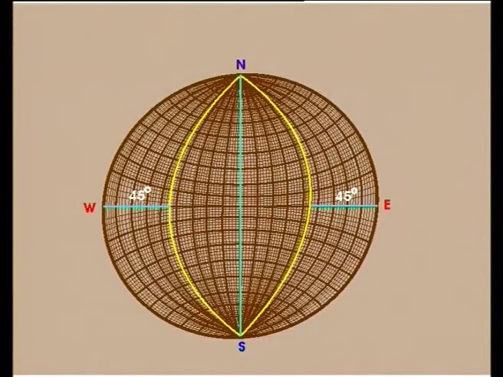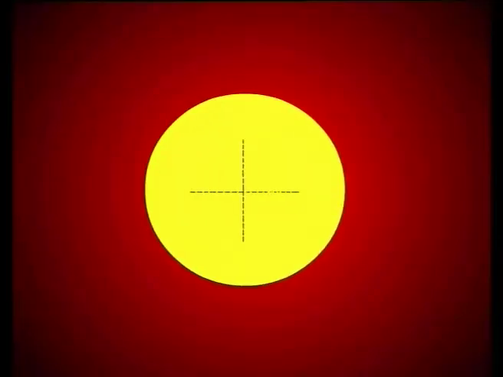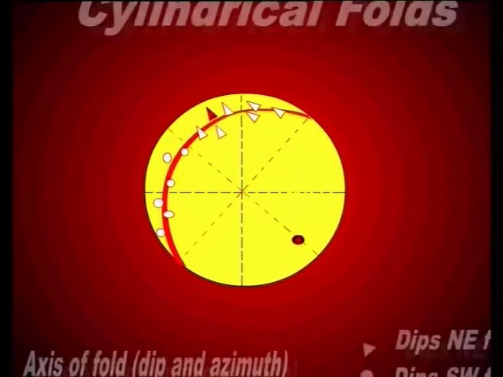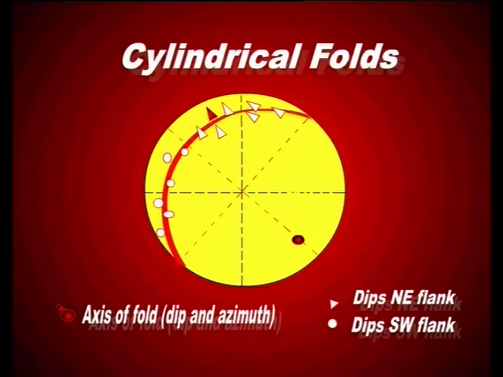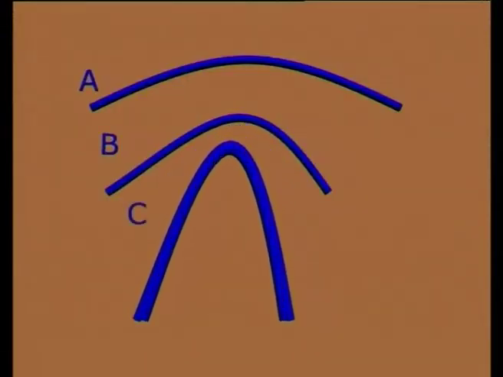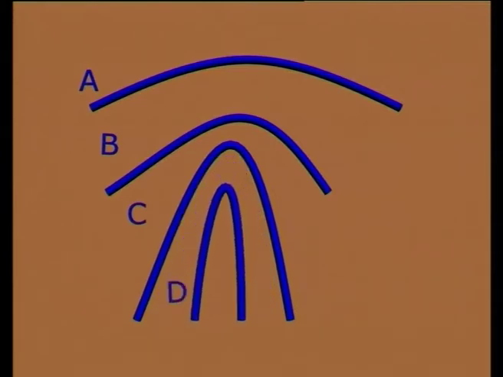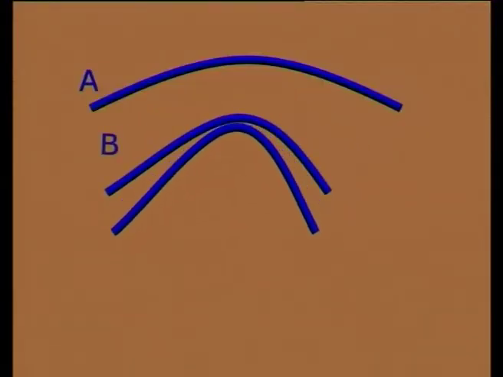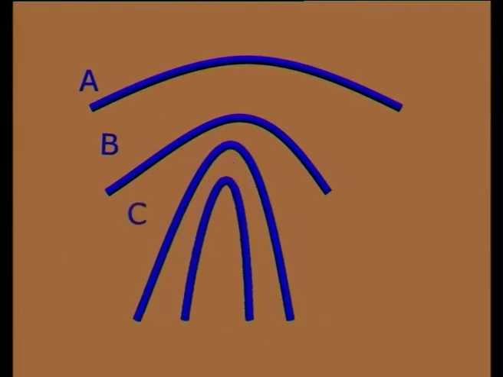fold. To know what exactly the two planes are defining, what kind of fold the two limbs are exactly defining, we need to know the orientation of the axial plane. If the fold is an antiform or a synform, the axial plane will be vertical or subvertical, while for neutral folds the axial plane will be horizontal. In case of upright or nearly upright folds, the internal angle will be bisected by the axial plane, it will be the interlimb angle, while in case of neutral folds the external angle will be bisected by the axial plane and the external angle between the two planes will be the interlimb angle.